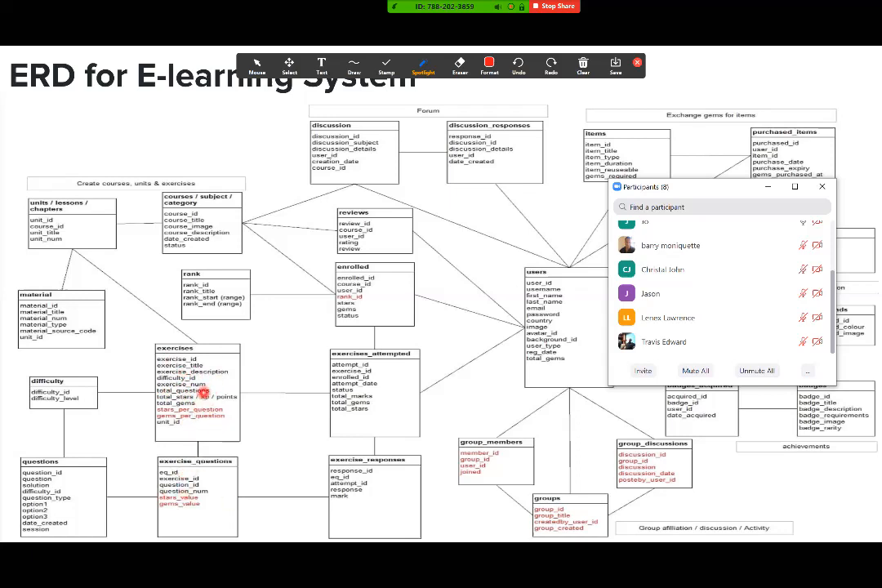So one exercise, and these are the questions in the exercise. In terms of the question, each question will have a question number. It will have the question itself, and that question is taken from this question table here. Based on this relationship between exercise and exercise question,